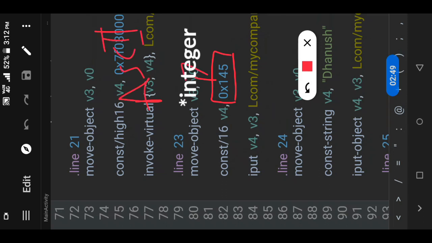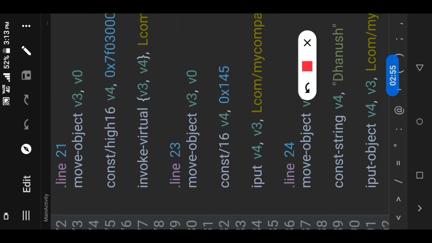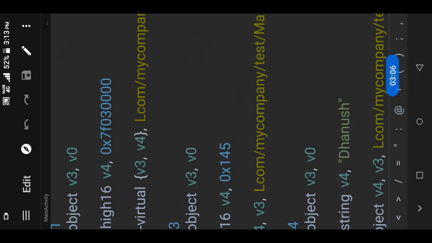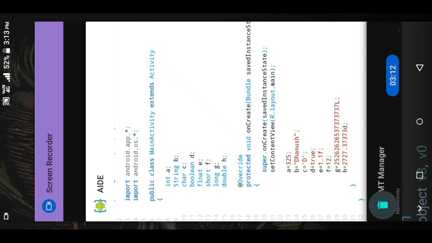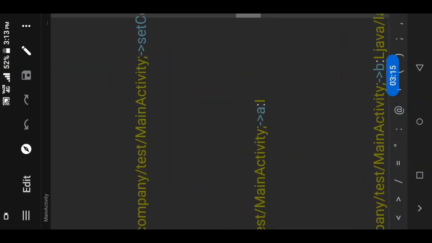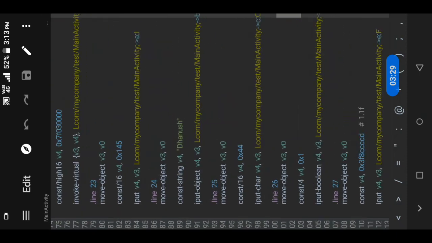of the character. If you don't know about it, you can learn it in Java. This ASCII value, you can see v4 and v0, it will be p0, this keyword. So it will go here and assign this value, this character value. Here I have assigned the character value as d. So this d, sorry, it is not a character, it is an integer, a hexadecimal code. This will be stored in this variable a.